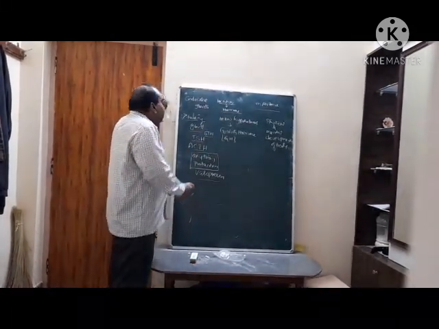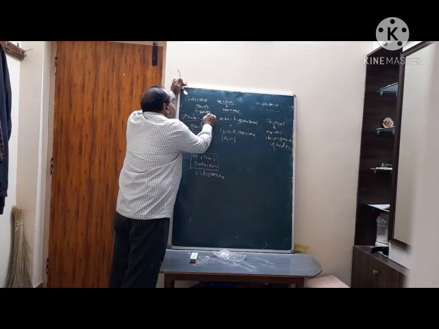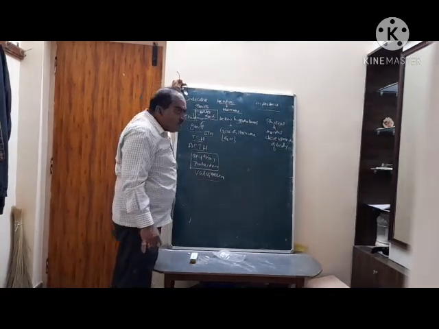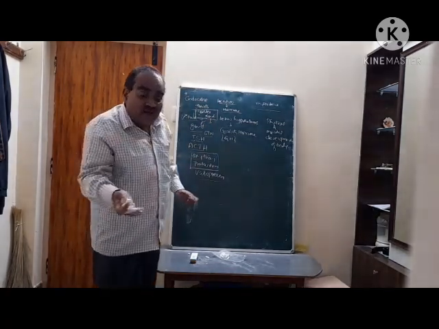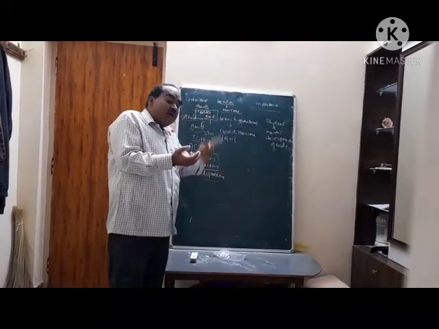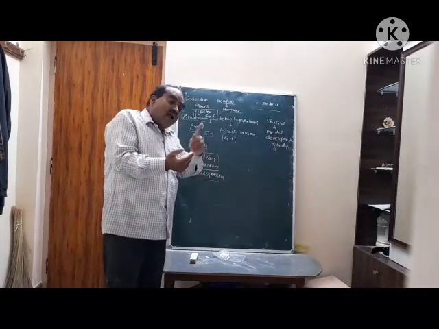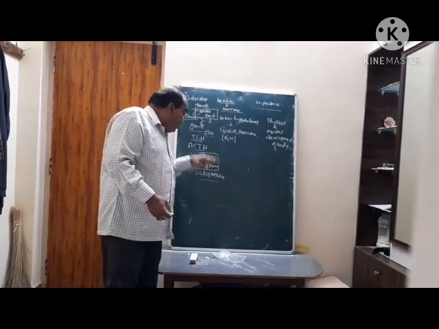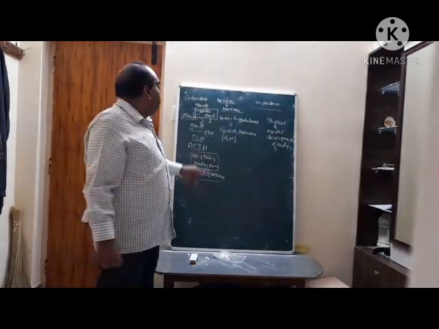So anyhow, the pituitary gland is said to be a master gland. Which gland is said to be a master gland? The pituitary gland. Why is it said to be a master gland? Because it controls the activities of other glands. The hormones of the pituitary gland control the activities of the thyroid gland, the adrenal gland, the testes, and the ovaries in females. Therefore, the pituitary gland is said to be a master gland.